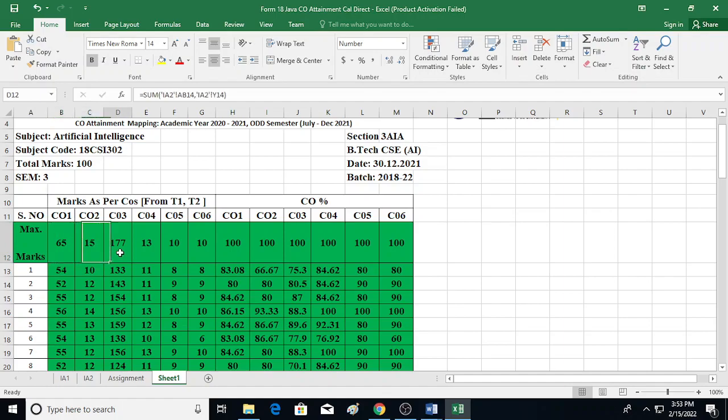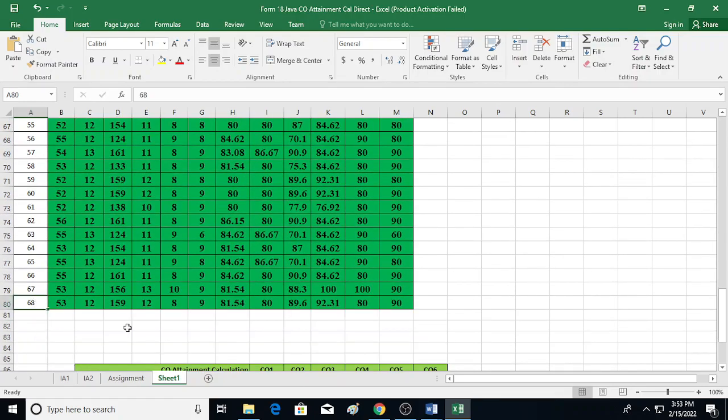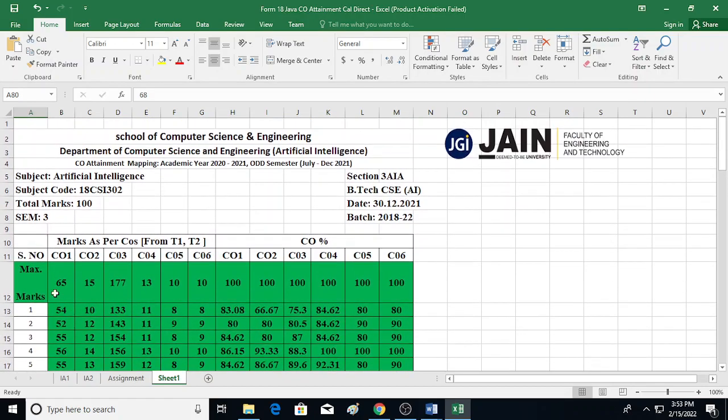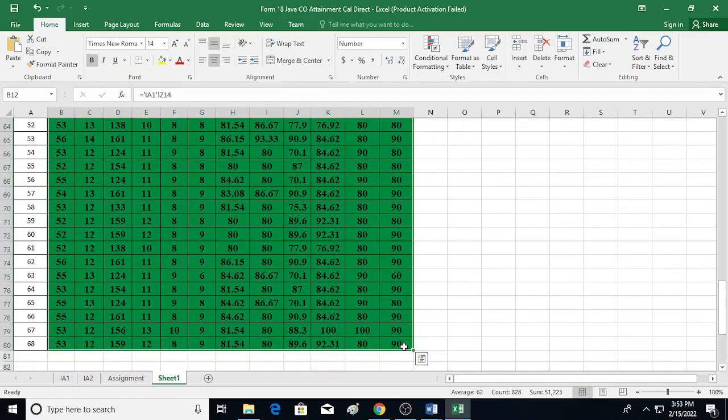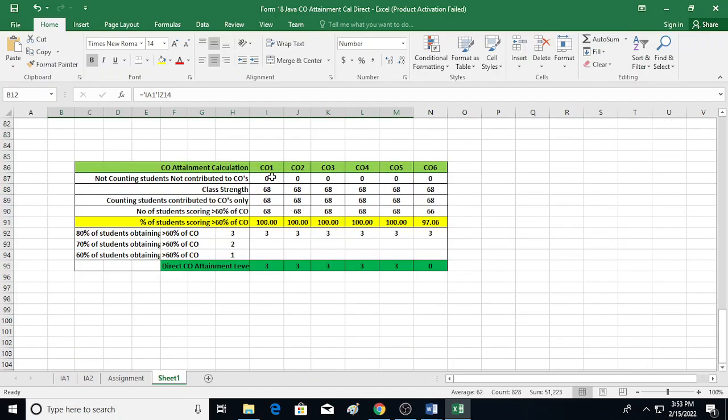Then we have 15, then 17 for CO3, CO4 13, CO5 10, and CO6 10. As you can see, CO3 is mostly attained in this particular subject. And we see how much the students, from serial number 1 till 68, have got for each CO, and how much percentage they got for each CO. Then we make this attainment calculation.